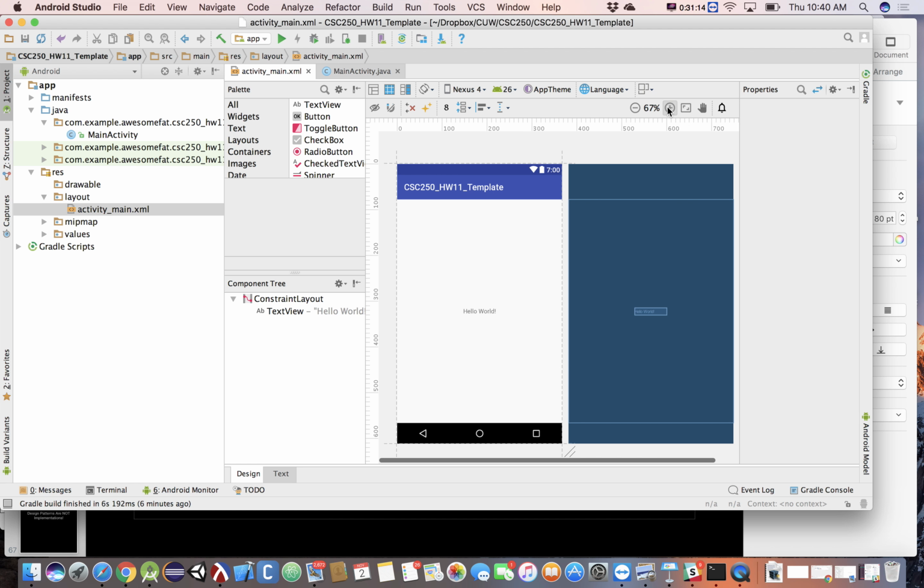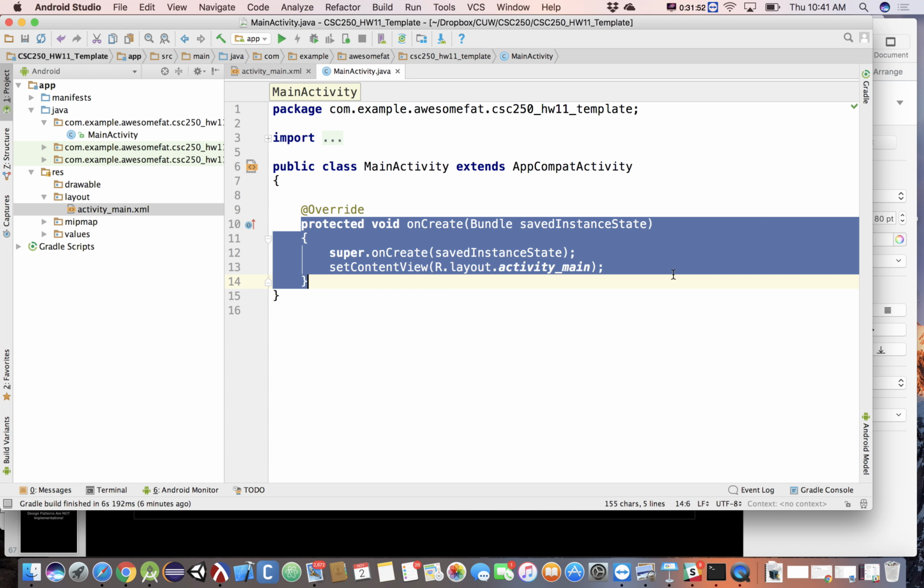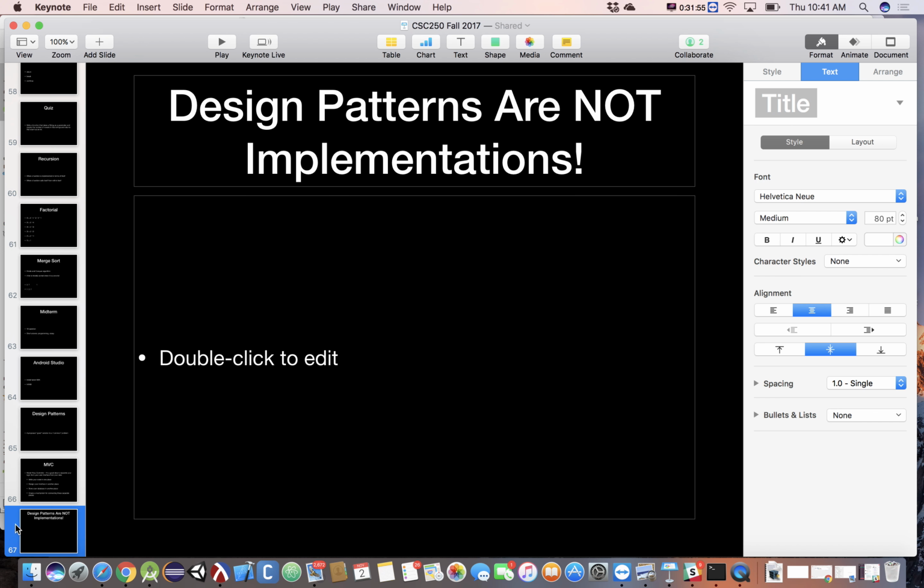We can actually zoom in here too. All right, so this is how we're designing our interface. And notice they've given us a starting point, and see it already says hello world on there as your starting point. But let's see how MVC is actually accomplished in Android. So we're seeing it at the high level. Here is our logic. Here is our design. Two separate files, two separate purposes, right? But now we've mentioned that there needs to be a way of connecting these together. So if I go to my logic here, we have this function called onCreate. And let's go in here real quick and talk about